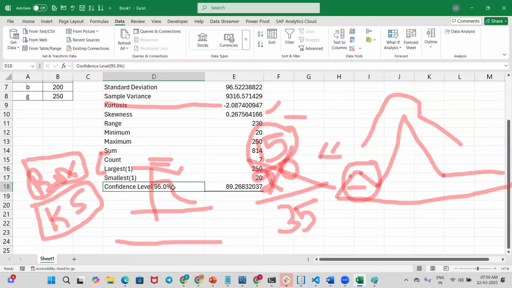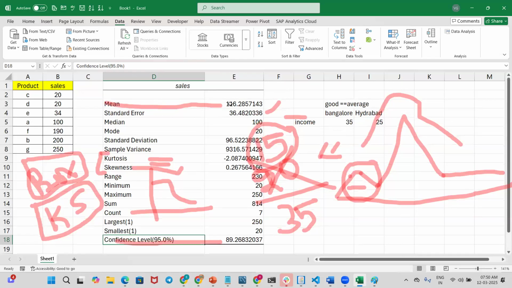Here the mean value we have is 116, calculated with 95%, and the standard deviation is 96 only. This 96 along with the error will be considered for the calculation, and also the number of items. We have 7 items. All these three units will be considered for the calculation of the